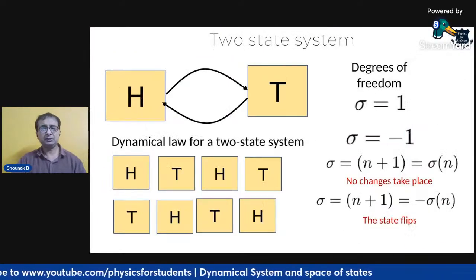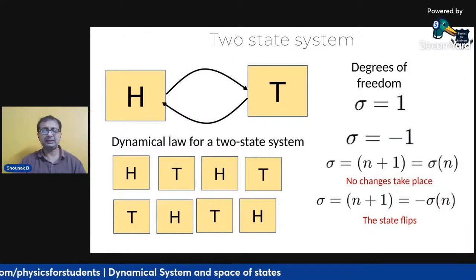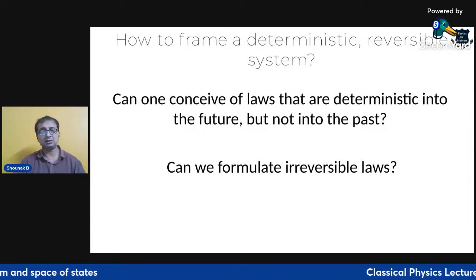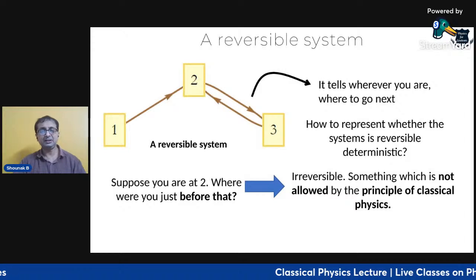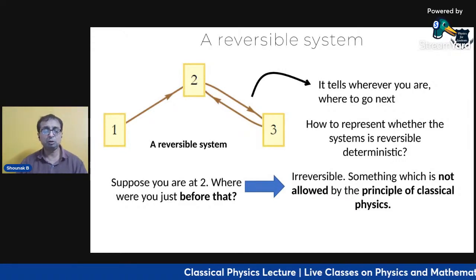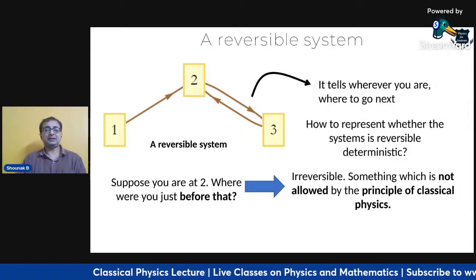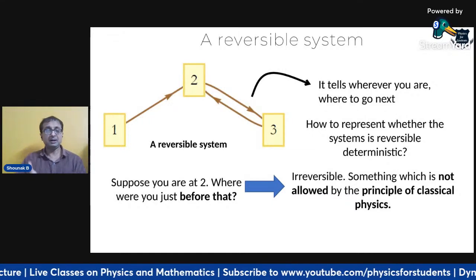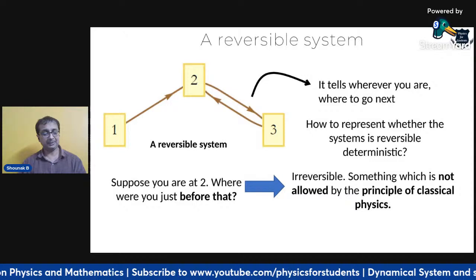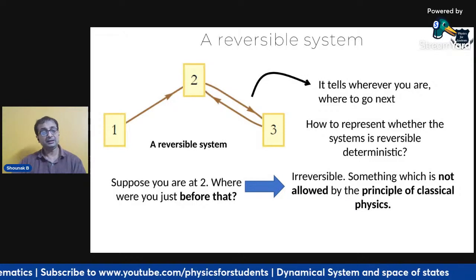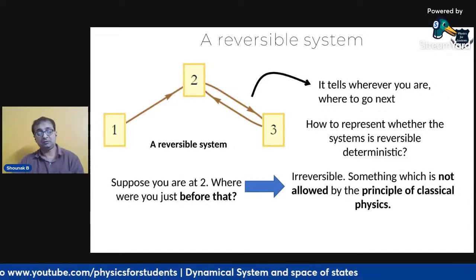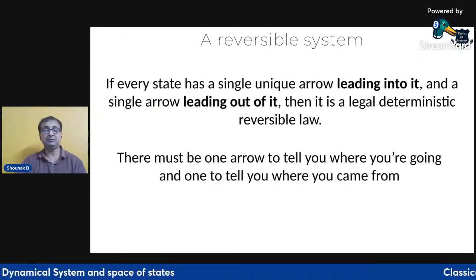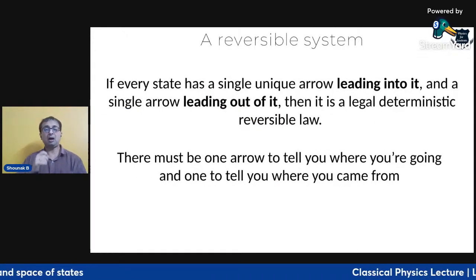Anyway, so we saw this, and then we get the flip, etc. Now here you see that is an endless cycle. What are the rules that are not allowed? So first of all, when I'm suddenly at point number 2, then I cannot say where my past is, and this is called an irreversible system. But remember, this is allowed in quantum mechanics, where spontaneous emission is allowed, and spontaneous emission, if you remember, cannot be described by Schrodinger's equation, and that is why we need the Dirac system.